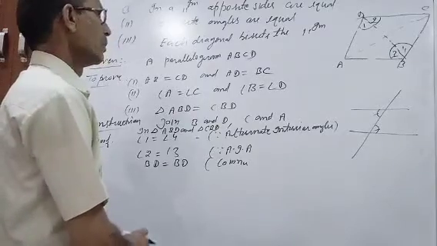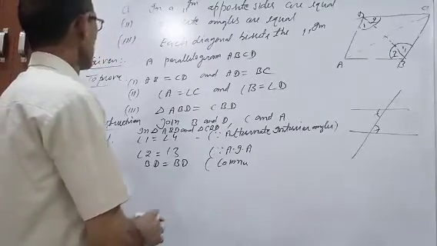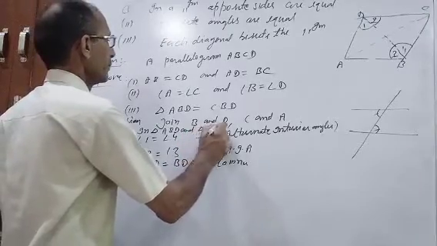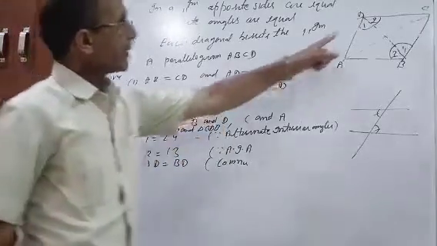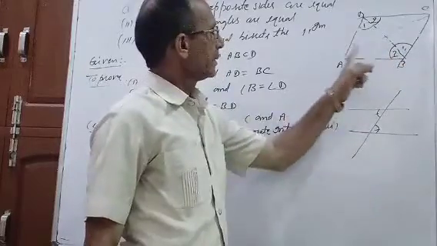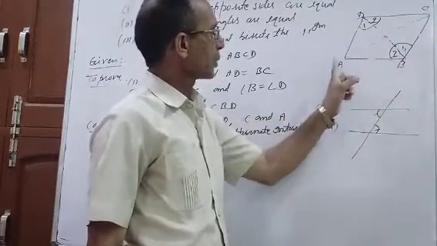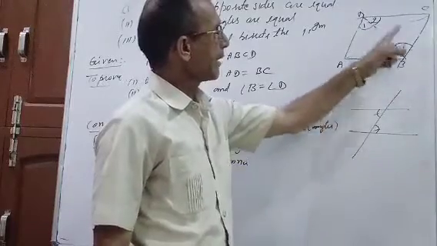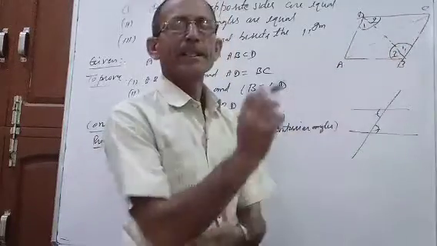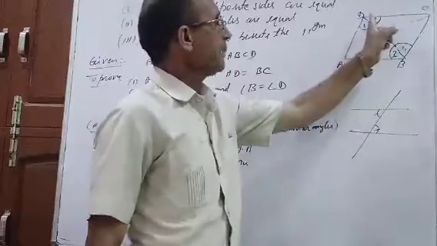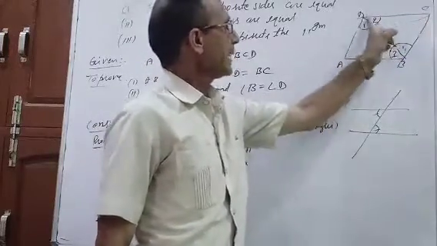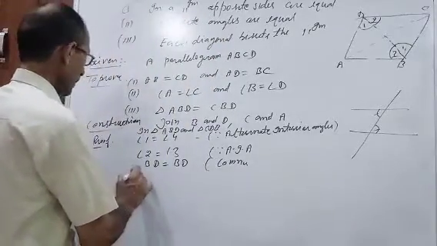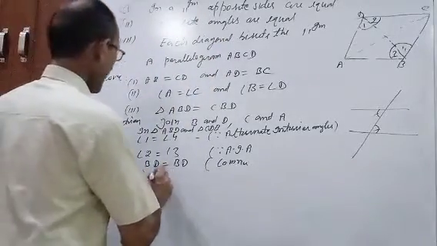So CDB. Because angle 1 is equal to angle 4, angle 2 is equal to angle 4. So in triangle ABD, it means angle 3 is equal to angle 2. Now CDB. Corresponding parts should be equal. So therefore triangle ABD,